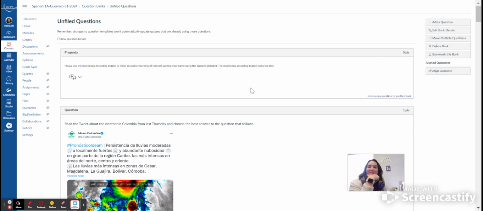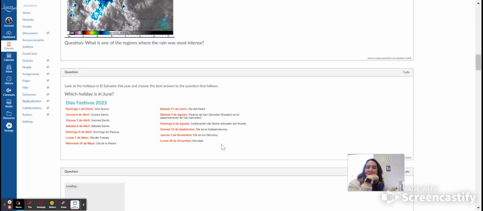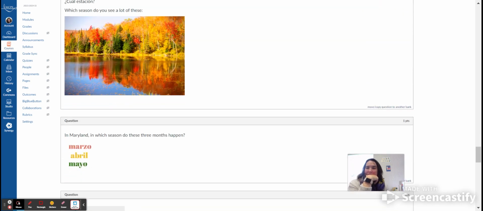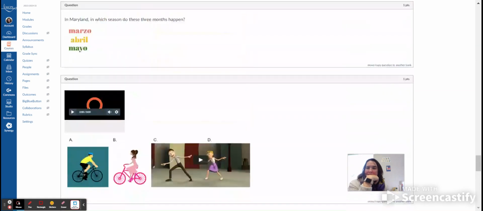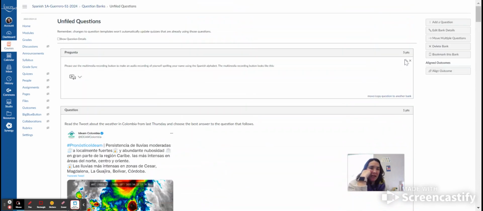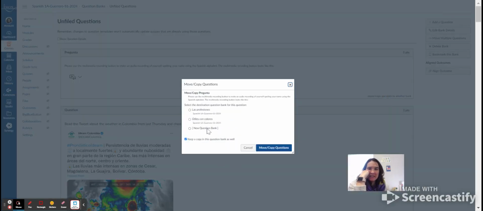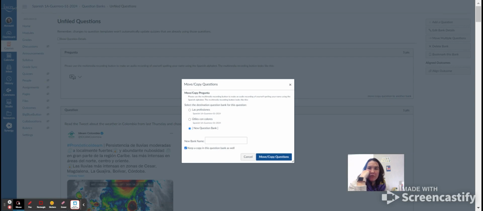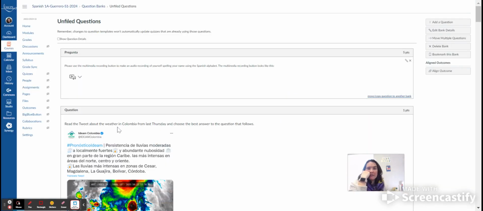The bank here refers to what you created. So these are questions that I had in other quizzes that are unfiled. And I want to move. I could move them to a bank. I think move or copy question to another bank. What? Nice. Because then you could put them in a bank. Right now they're not, but I could make a bank from the questions I already have. That's going to be really helpful for quizzes we've already made, right? Because then you could move it there. Because once it's in a bank, you could copy it and tweak it a little bit, right? And that'd be way easier to make a question bank than start